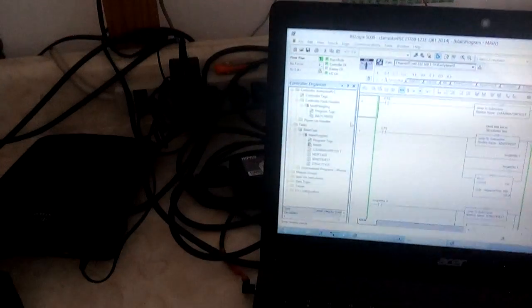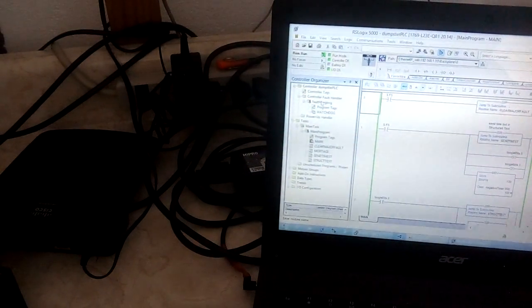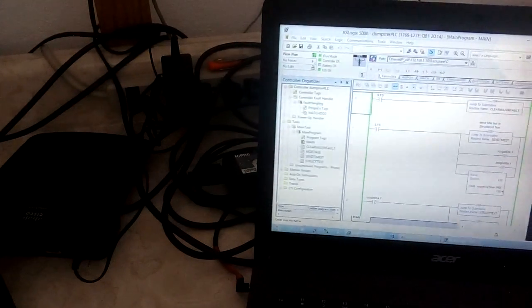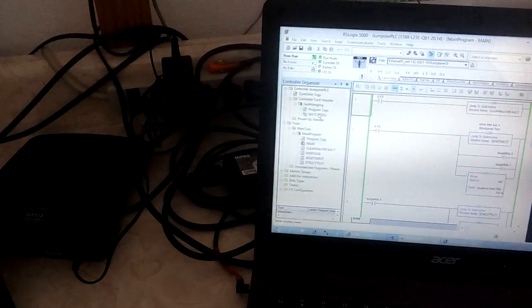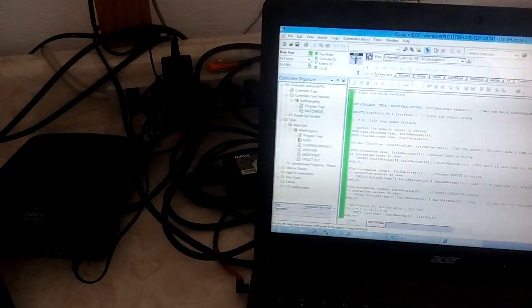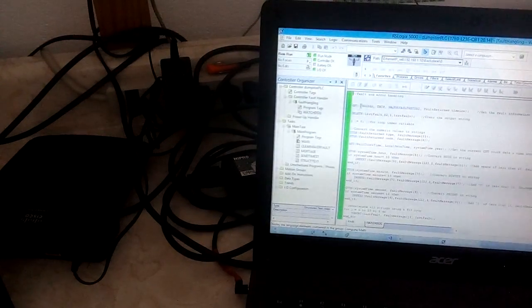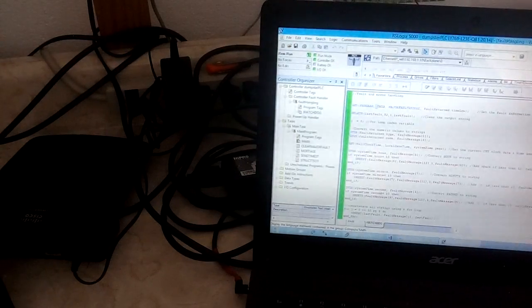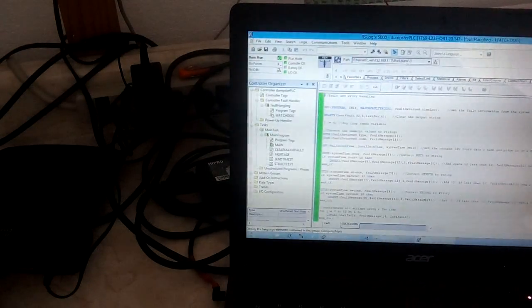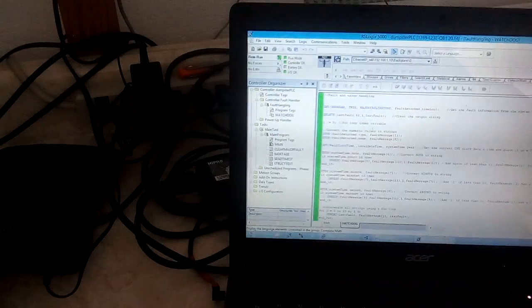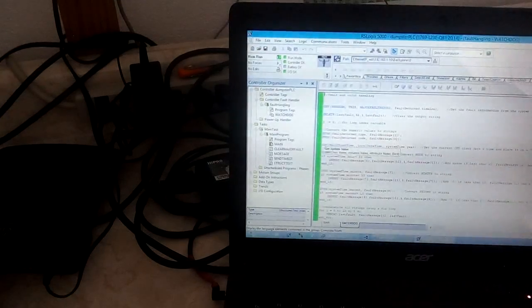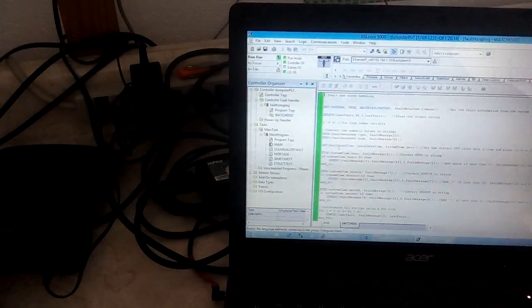In the PLC project, I have a fault handler task. Inside of it, I have a fault handling program with a subroutine called watchdog. The watchdog is written in text language, and what it does is get the system value, the program, and the major fault record, and then convert to strings the fault type and the fault code here. It also gets the wall clock time,